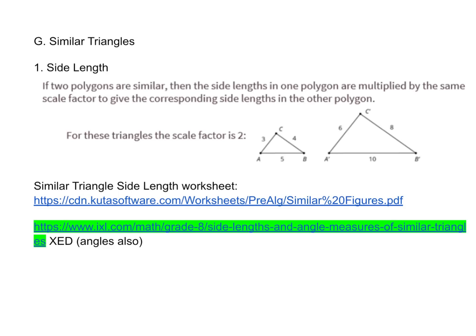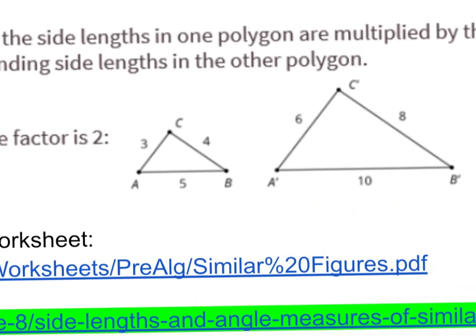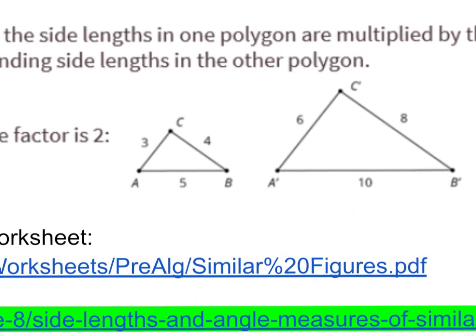We're going to look at similar triangles. When you have similar triangles, that means that their side lengths are proportional. So if they're proportional, it's just really a matter of figuring out what the proportion is. So if you look at these two triangles, for example,